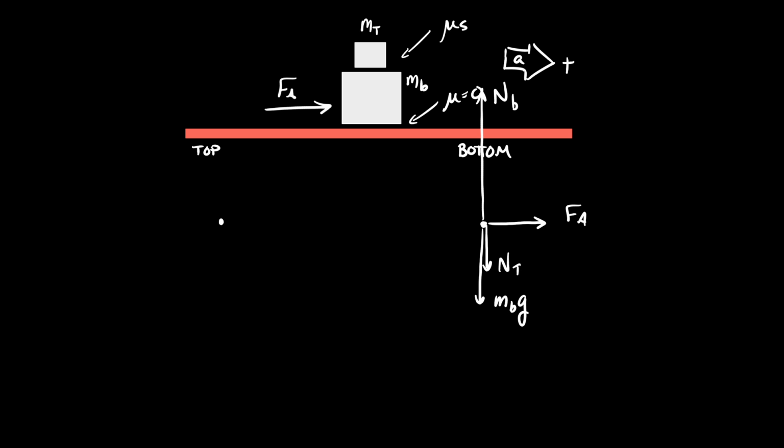I think there is. I think there's friction between the two boxes. Remember, we're pushing the bottom box to the right. Inertia suggests the top box is going to want to slide this way off the top surface because it has inertia, suggesting it's going to cause a frictional force in this direction.